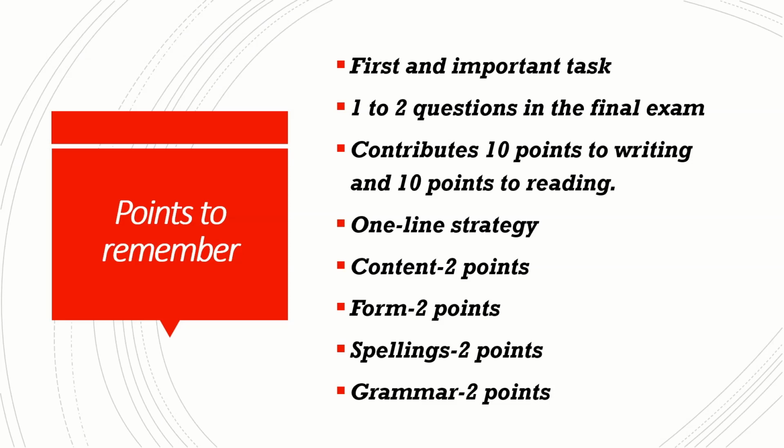Now, for the summarized written text, you have to follow the one line strategy. One line strategy means if you are connecting 3 sentences, then in between these 3 sentences, you cannot use any full stop. You have to connect these 3 sentences by using the punctuation marks and the connectors, but in between the lines, you cannot use the full stop. You have to use the full stop at the end of the last sentence.